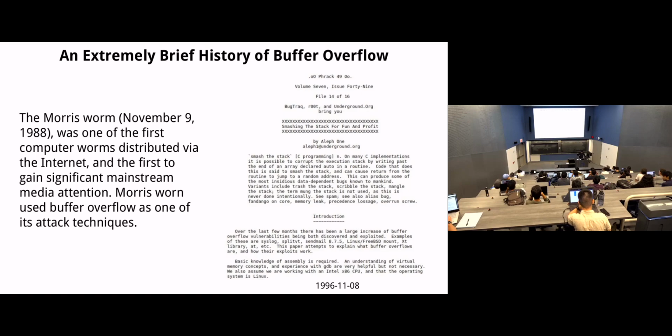1988. There was a student, his name was Robert Morris. I'm not sure if he was a graduate or undergraduate student at Cornell. He developed one of the first computer worms and distributed that through the internet. At that time the internet was small, and maybe he brought down half of the internet, half or 10 percent. The technique he used, buffer overflow, was one of the attack vectors